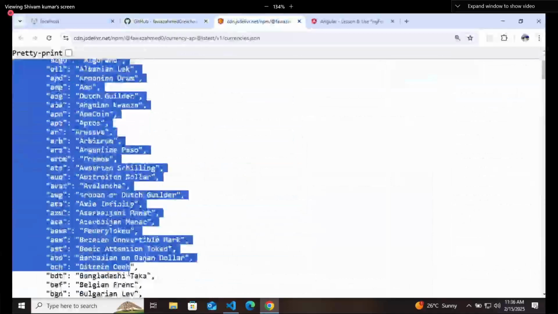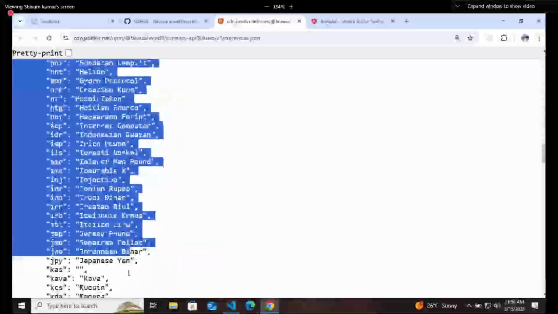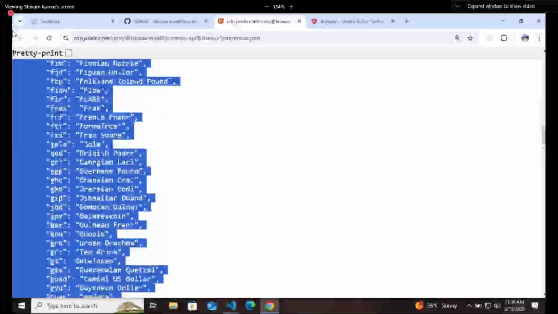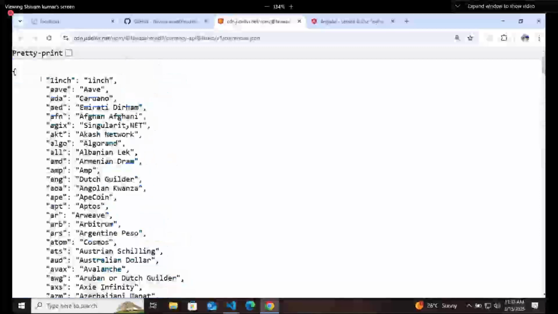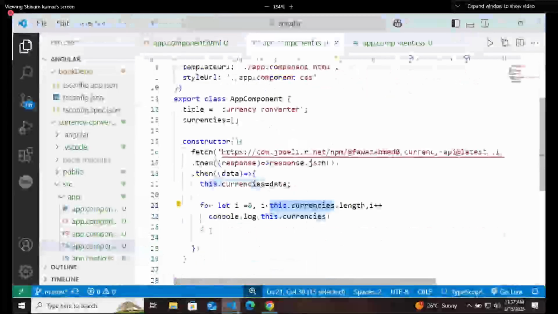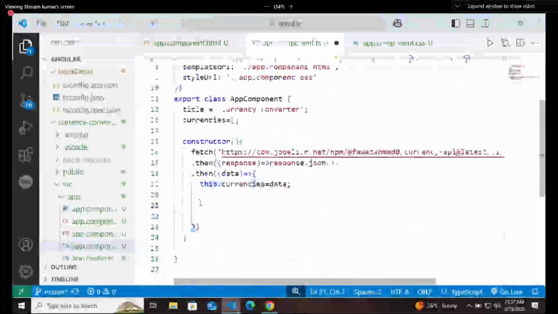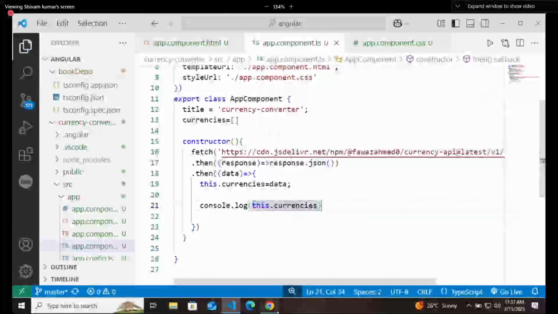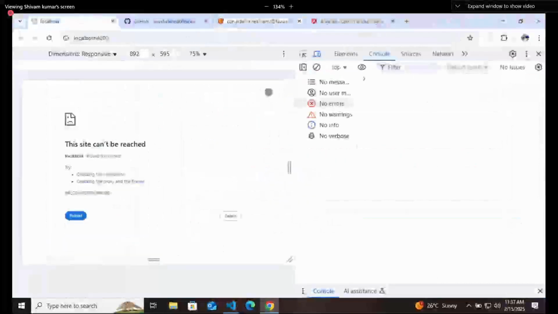And this is an entire object. This is a single object. This is not an array. This is one object which has all the currencies, 1, 2, 3, 4, 5, something like that it is having. It means that whatever data you are printing to console, this dot currencies, go back and